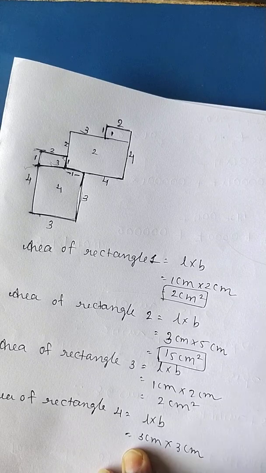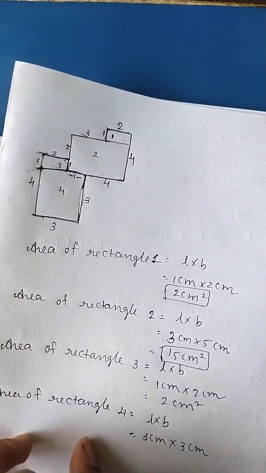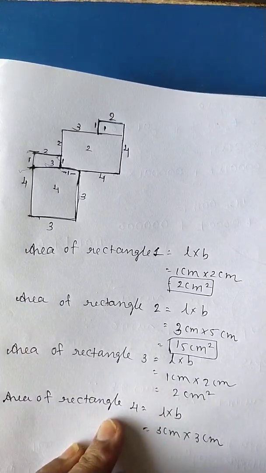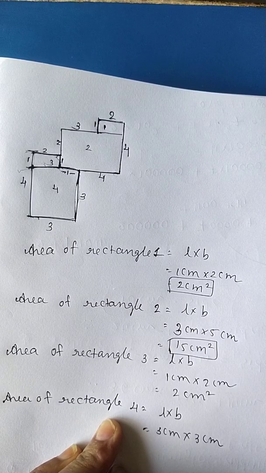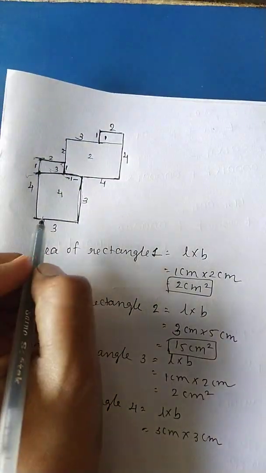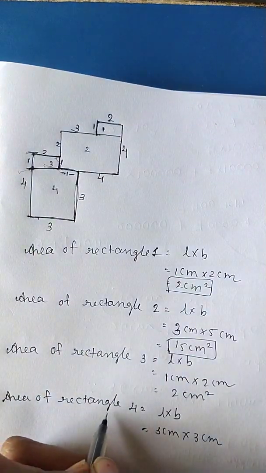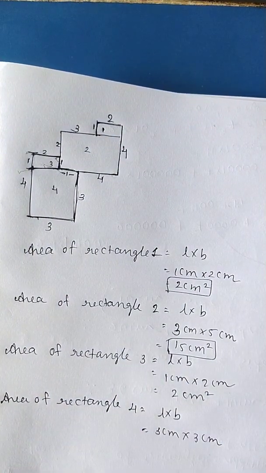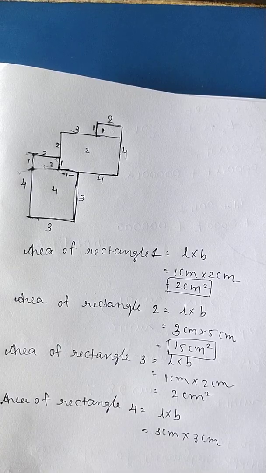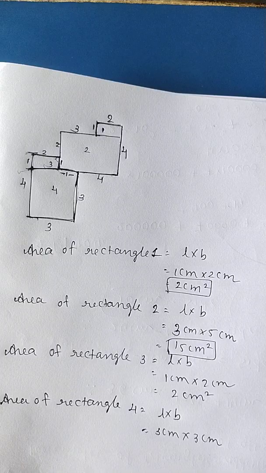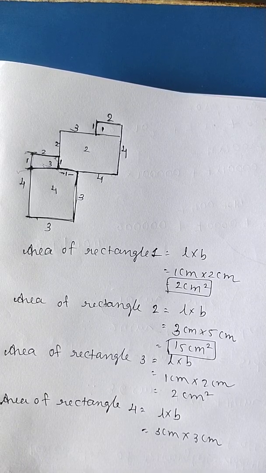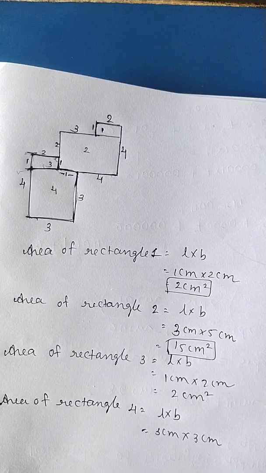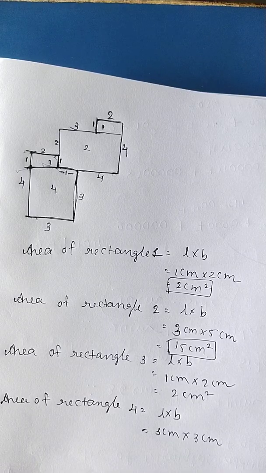See students, why we are writing over here rectangle? If you write over here square, then it's okay. But in the given question, it is given split into the rectangles. That's why we are writing the rectangle. And if you remember, you learned in your 3rd standard, 4th standard, square is a rectangle. Yes or no? If you remember the principles of what are the squares and what are the rectangles.